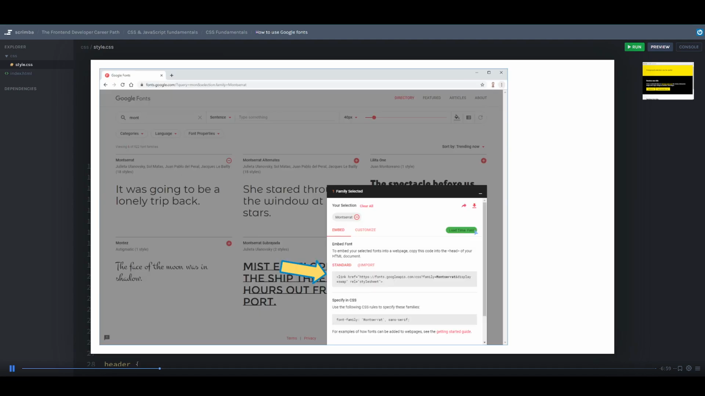When you click on it, it pops up. And what it does is it's going to give you two bits of code. The first one is a link code here. So it's literally just a style sheet link. You copy and paste it in the head of your document. And then there's this bit of CSS, which is just giving you the font family and the font stack, which